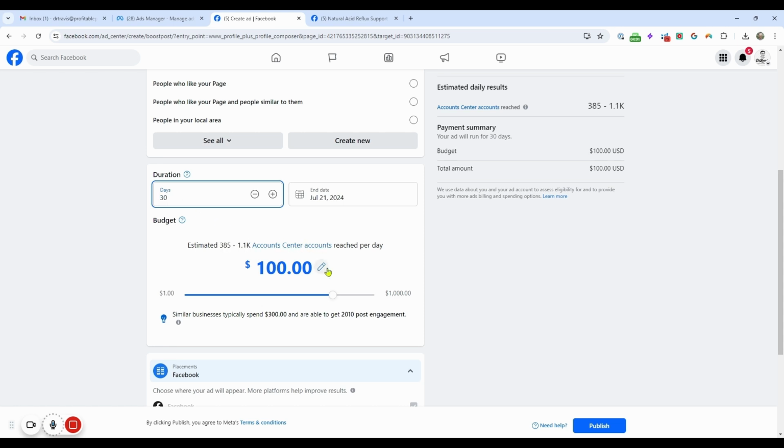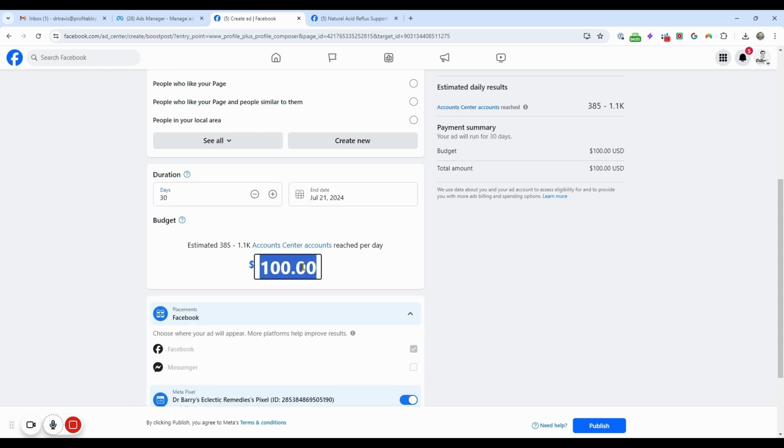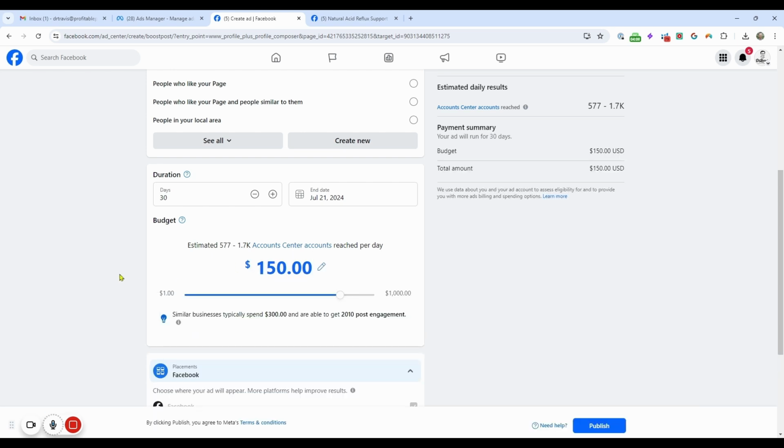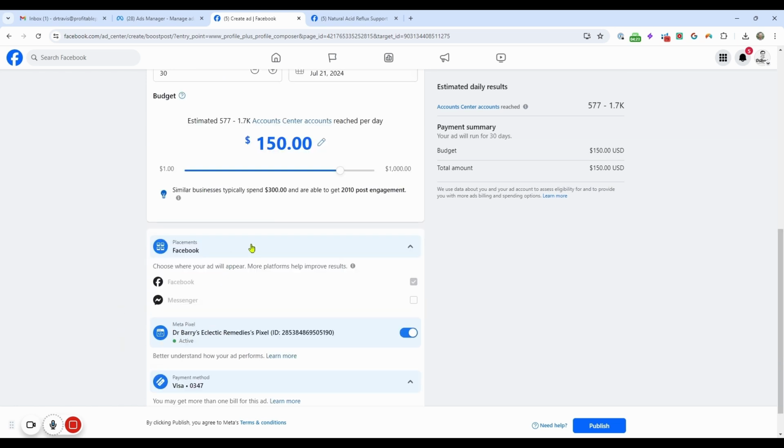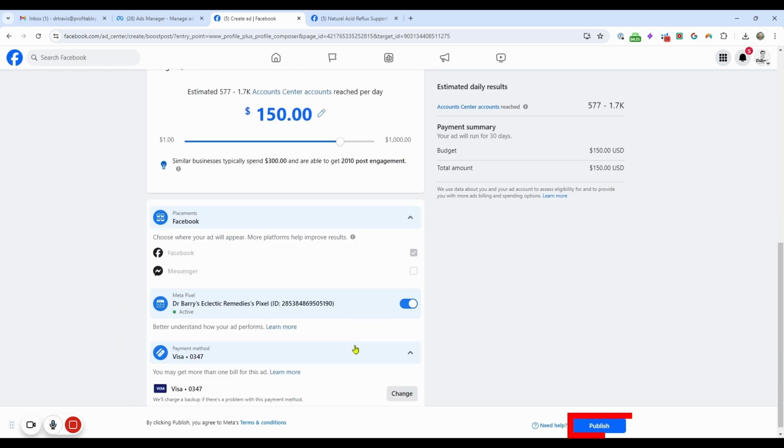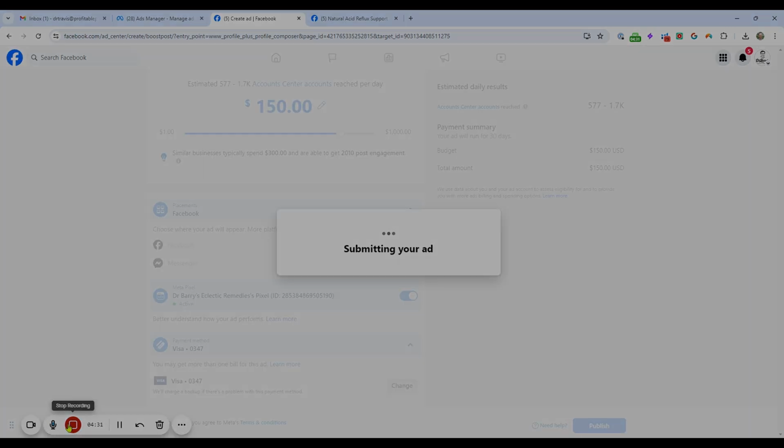And I like to do about $5 a day. You can always increase it and decrease it as you see fit, but that's usually a pretty good start, is just $5 a day for about 30 days. And if you want to test faster, you spend more money faster. And so with a group that I'm trying to be more aggressive with, or that I've proven to work, I might do $50 a day. But I like to start out at $5 a day. I like to start small and then go bigger. And it's just going to show up in Facebook because you're trying to get people in the Facebook group. And that's it.